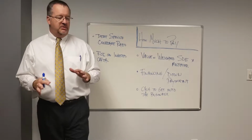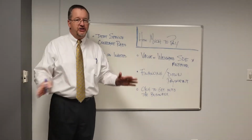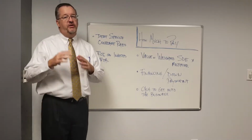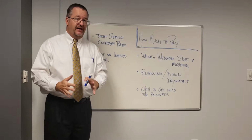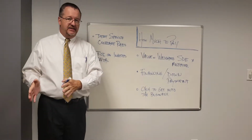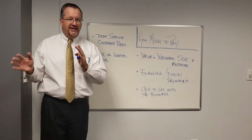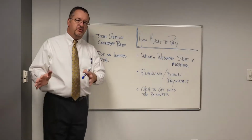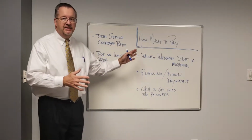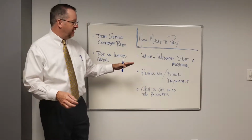One of the themes in the Guide to Buying a Business is that buying a business is much different than buying real estate, whether that's a home or an investment property. The reason for that is because real estate has inherent value. So even if that real estate isn't throwing off cash flow, there's a lot of value retained. When it comes to a business itself, there is little or no value if the business is not throwing off